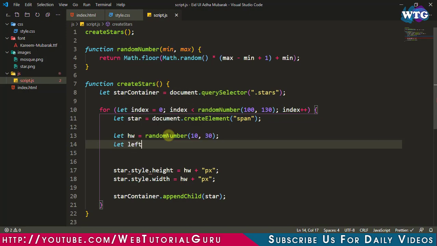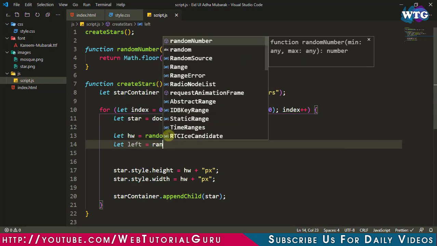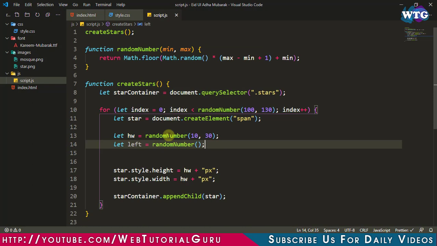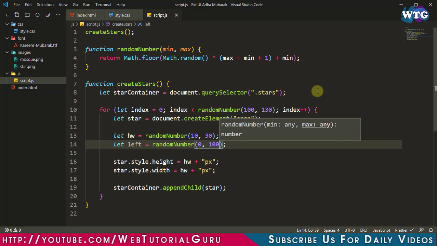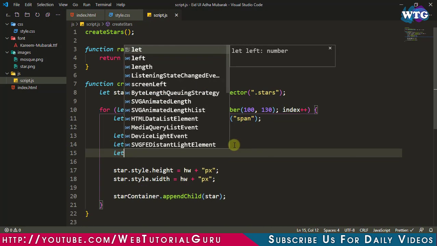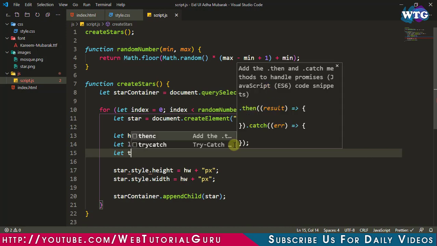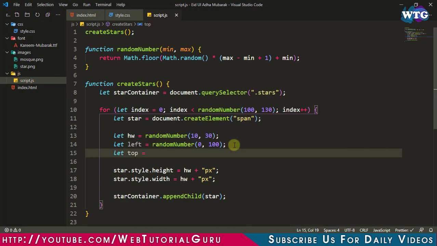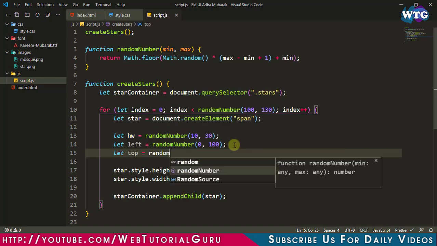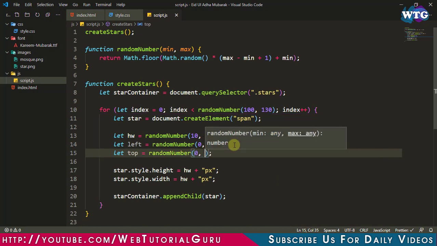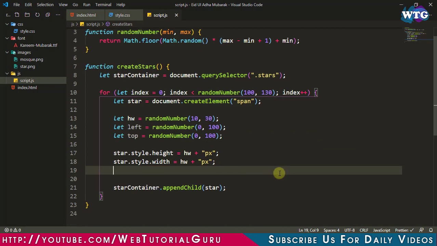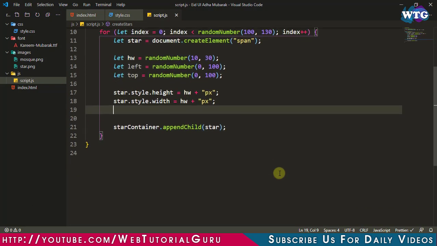Let left equals to random number, and we will pass 0 as the minimum value and 100 as the maximum value. Now let's create another variable as top and call the function and pass the same 0 and 100 as min and max values. Now let's assign this top and left property to the star element.